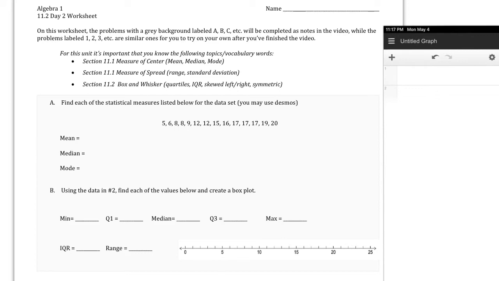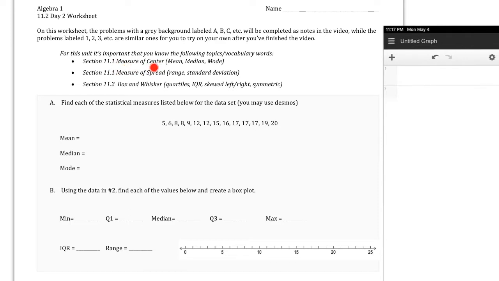Hey everyone, we got our 11-2 day 2 worksheet here to go through. And so I'm going to start with problems A and B. We've got a list of data here. And right above it, you can see the terms that we need to be thinking about for